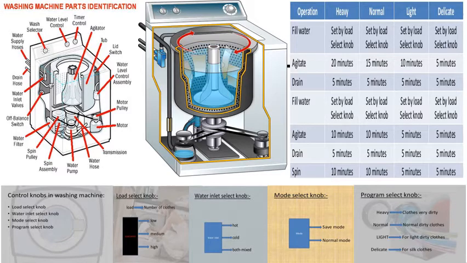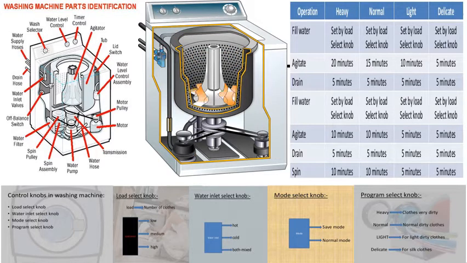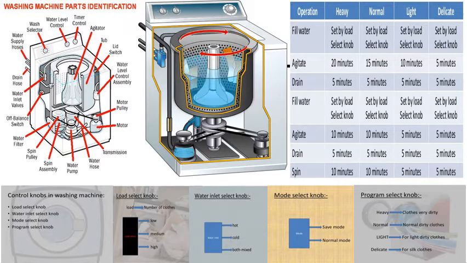The next knob is the water inlet select knob. This knob is used to select hot, normal or mixed water. There are two inlet pipes for hot and normal tap water at the rear of the machine. The hot and cold lines are hooked up to the body of a solenoid valve. There are two valves, but they feed into a single hose. Therefore, depending upon the specified temperature, the hot valve, the cold valve or both valves will open.